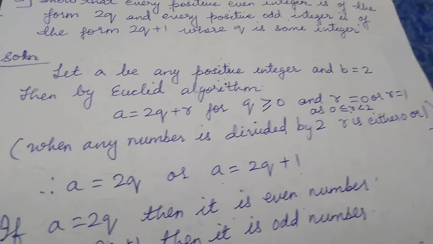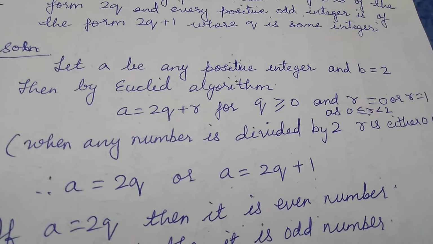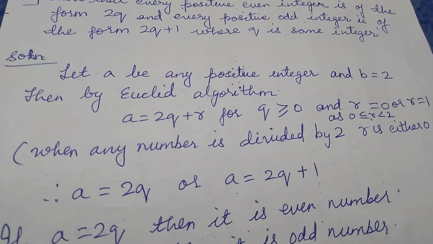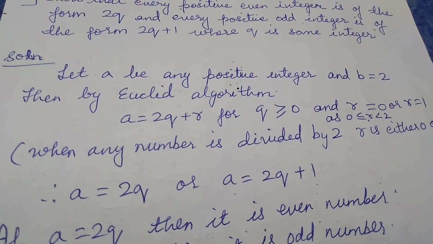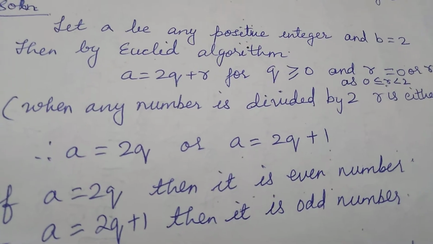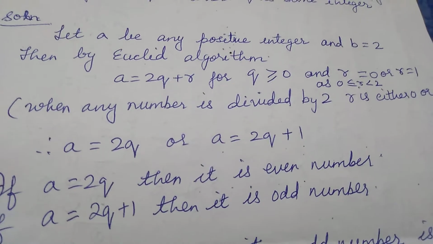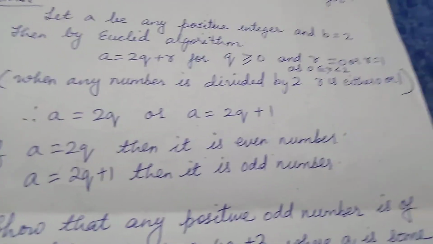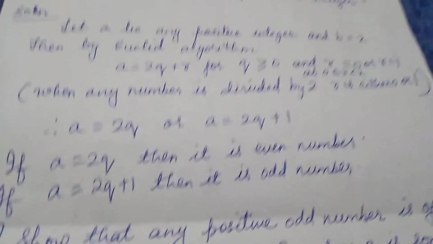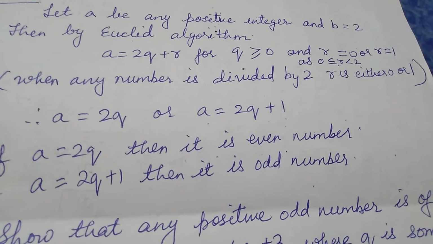Now let a be any positive integer and we'll take the value of b as 2. Then by Euclid algorithm we can write a is equal to 2q plus r where q must be greater than or equal to 0 और r का वैल्यूज क्या होगा अभी between 0 to 2. We know that r lies between 0 to 2. That means r can be 0 or r can be 1. And we know that when any number is divided by 2, the remainder is either 0 or it will be 1. So now putting this value of r, we get a is equal to 2q or a is equal to